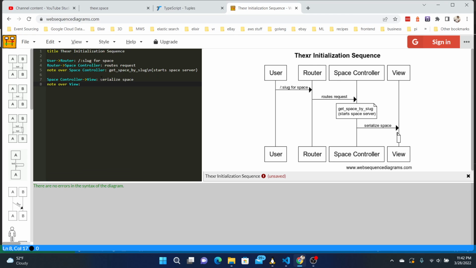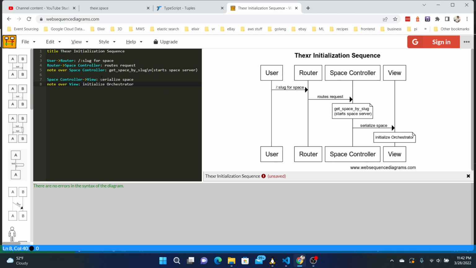we're going to initialize the orchestrator. Okay. And we're also going to